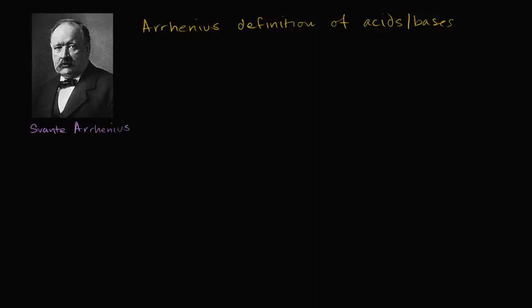The first, I guess you could say, modern conception of an acid and base comes from this gentleman right over here, Svante Arrhenius. And he was actually the third recipient of the Nobel Prize in Chemistry in 1903. And under his definition of acids and bases, an acid is something that increases the concentration